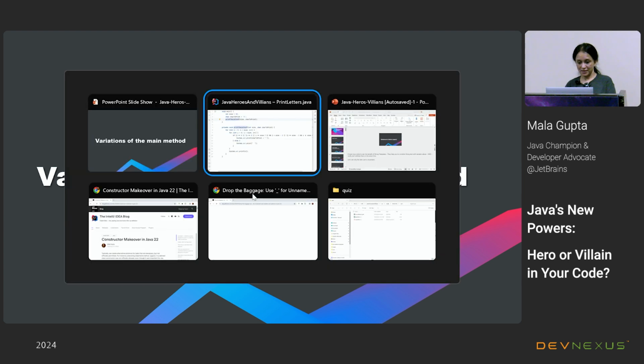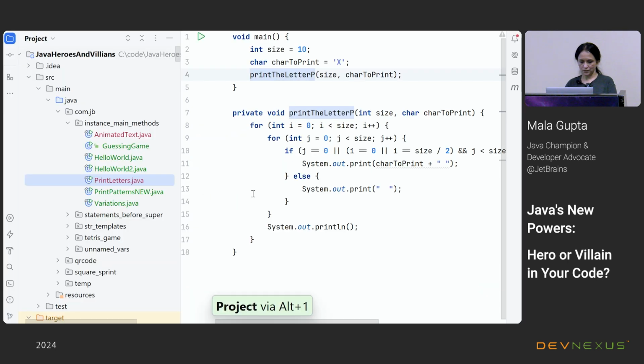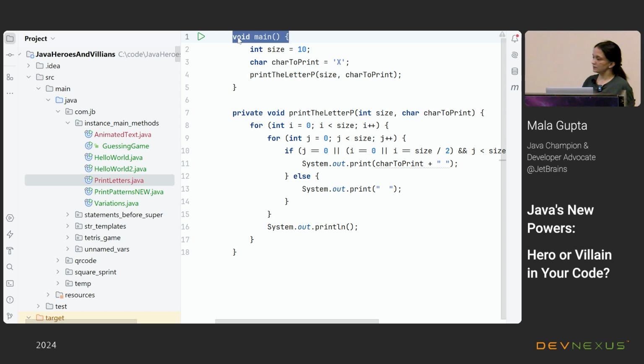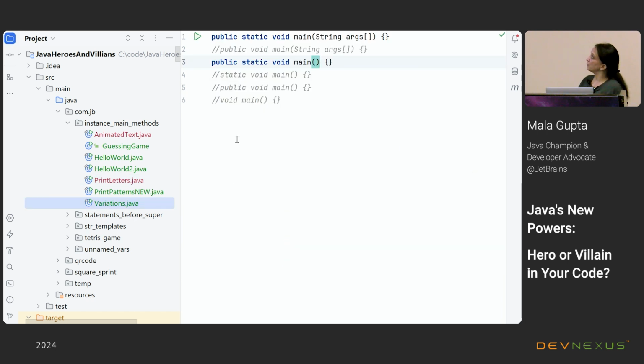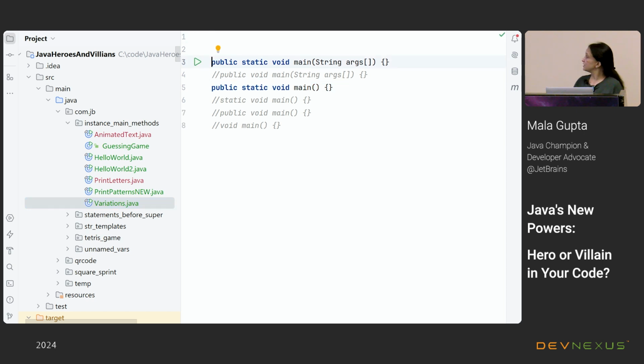Variations of the main method, we talked about the changes to the syntax, to the signature of this main method. Can I see that? Okay, it is way high. This does not have any method parameters passed to it, and does not have public, void, static with it, and these are the variations which are available, which work as the correct signature of the main methods.